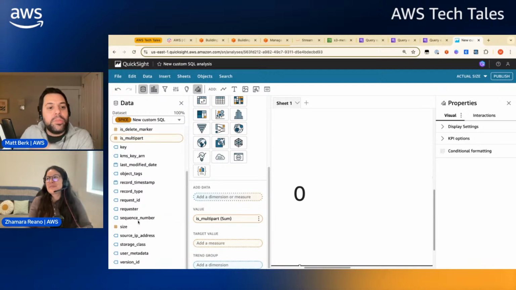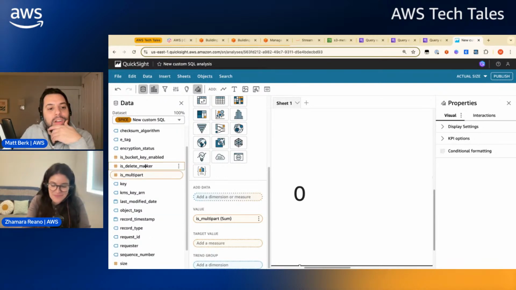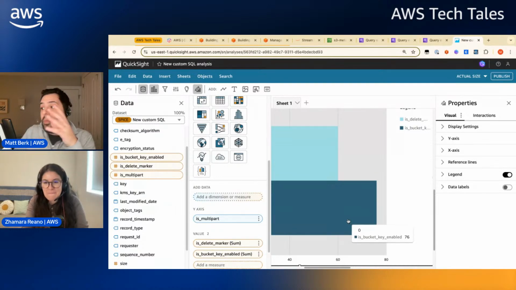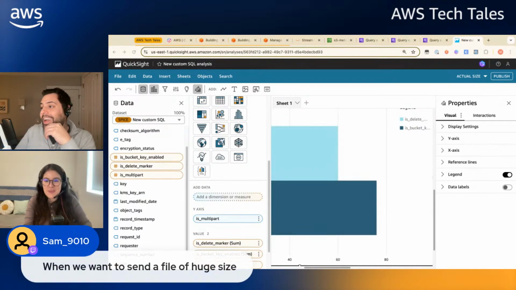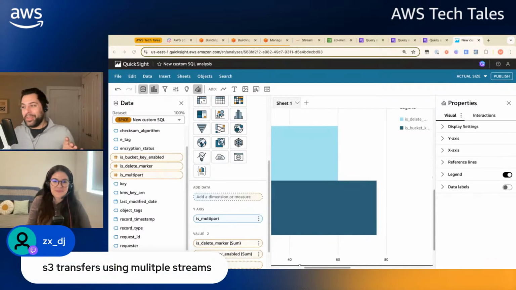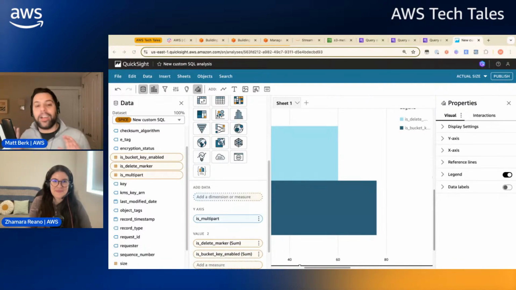We have no multi-part, or we have is bucket key name. Let's help. When we want to send a huge size, S3 transfers using multiple streams. This used to be my favorite cost optimization tip,